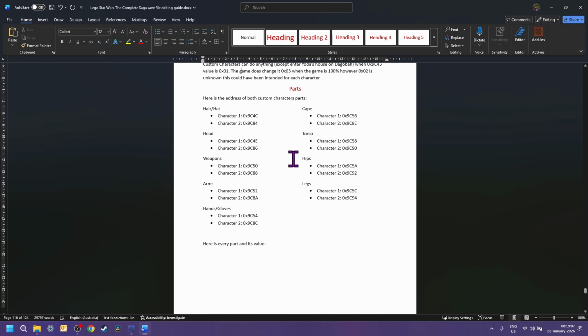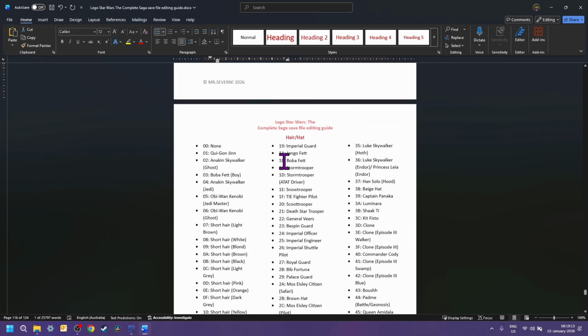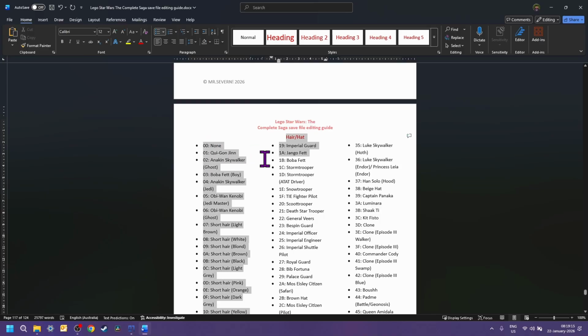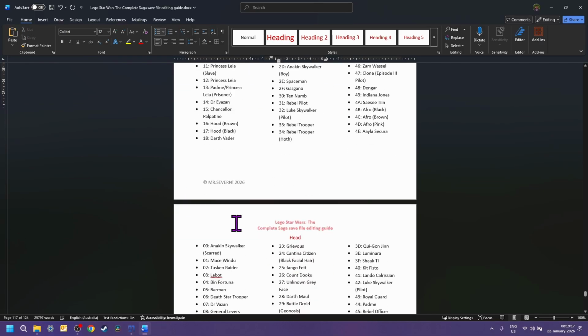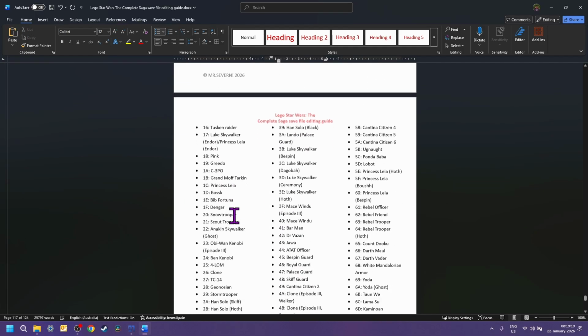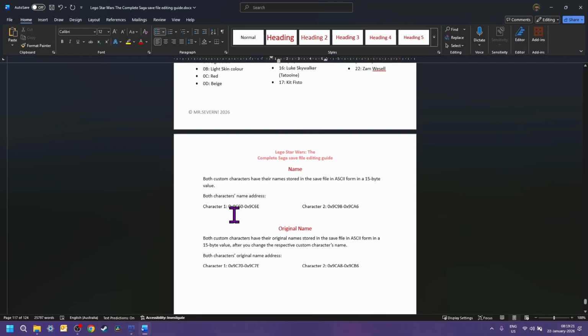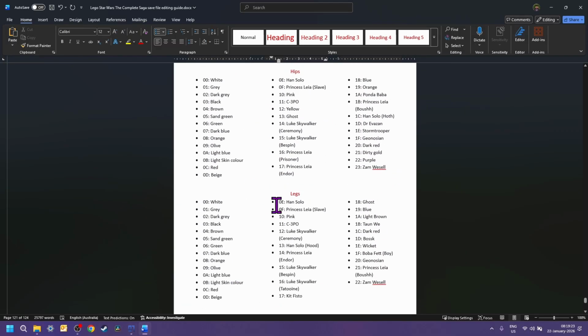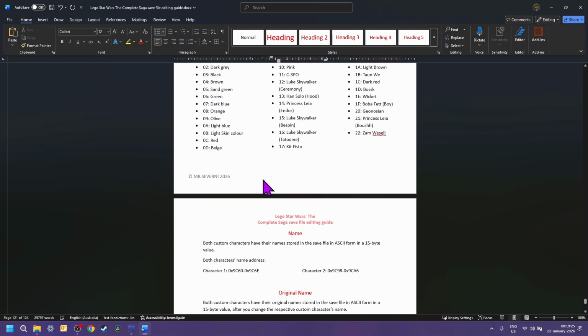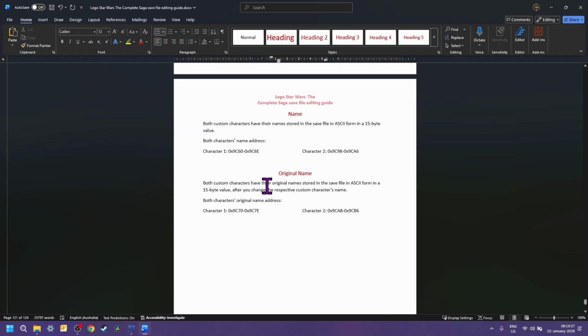And then these are the parts. So this is the address for character 1, and then this is the value for all of them. I manually had to enter and note down everything, and I did that in a text file like I did for the previous game.